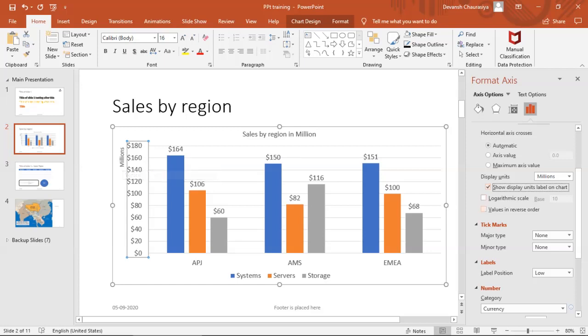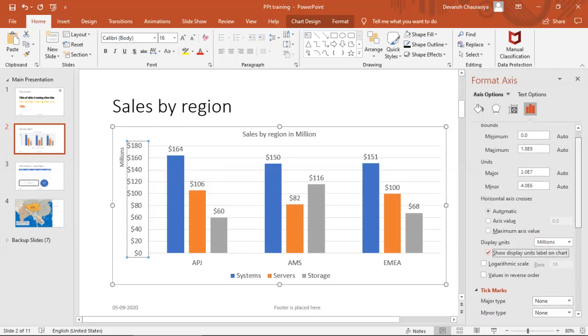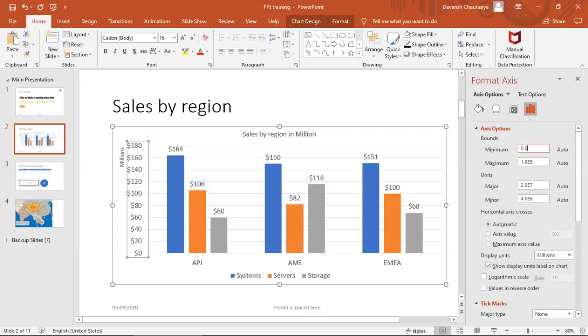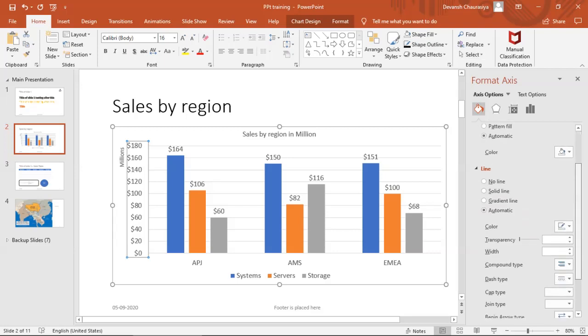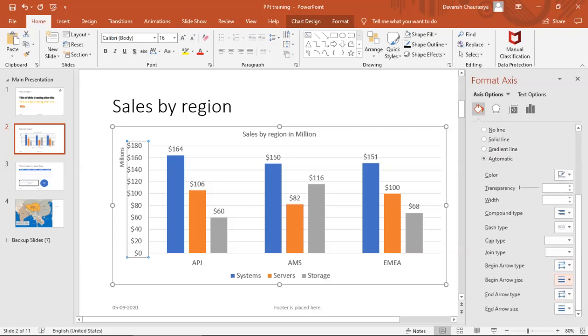Okay. And here my minimum value is 0. Everything is auto. Let it always be auto unless you manually want to fix it to a higher or lower degree. All right. You can come here and you can change the colors, which you can also do from the top ribbon. And there are a few more options over here if you want to use the fancy things, right? Let me close it.